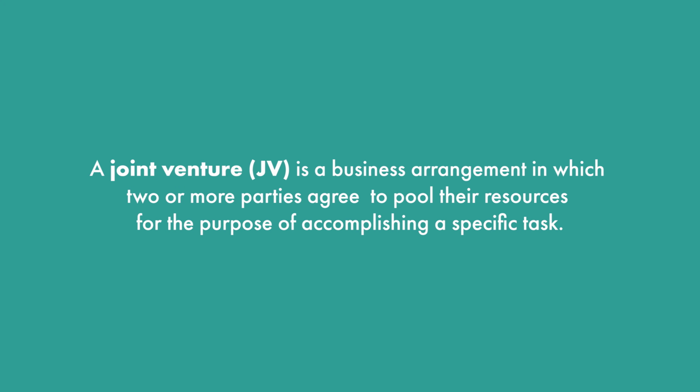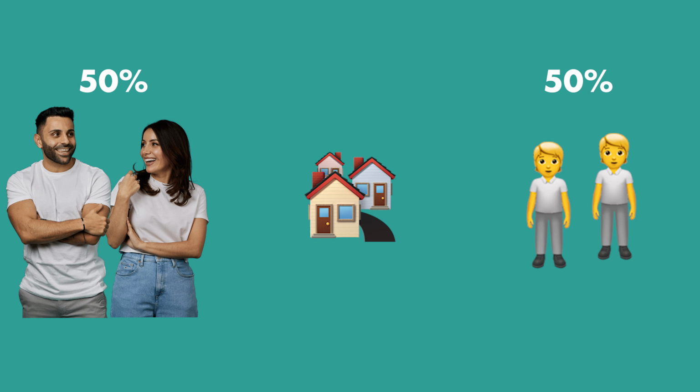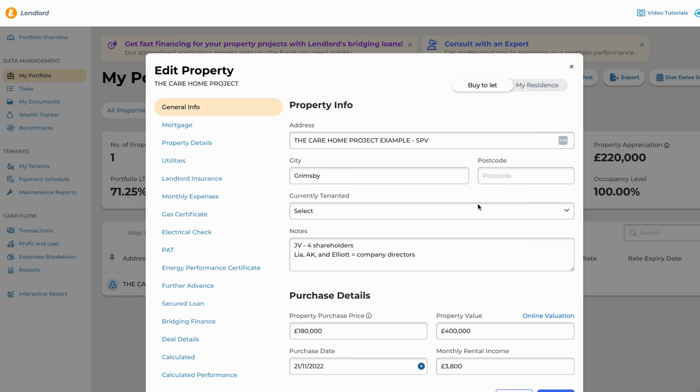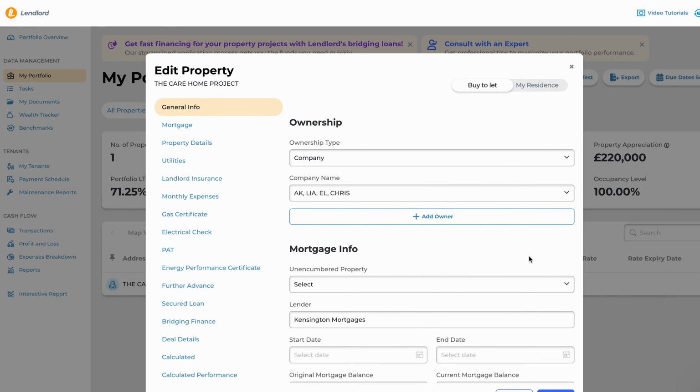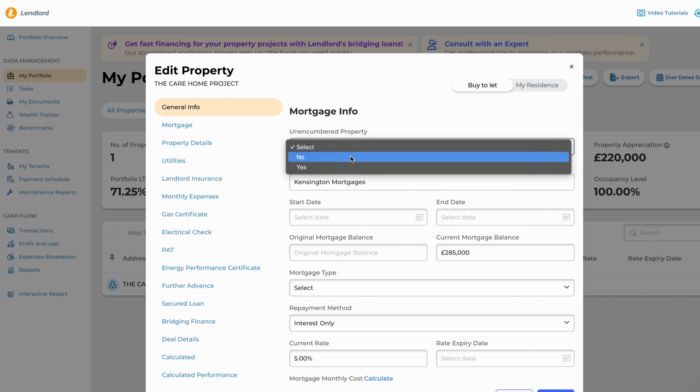And because it was a JV with another couple who were in property, a JV is a joint venture. So what that means is that Property Couple own 50% of all of the properties in that portfolio, and 50% is also owned by two friends of ours that are also our business partners. All of these properties, everything that we own or partially own or manage for others, is listed on my Landlord